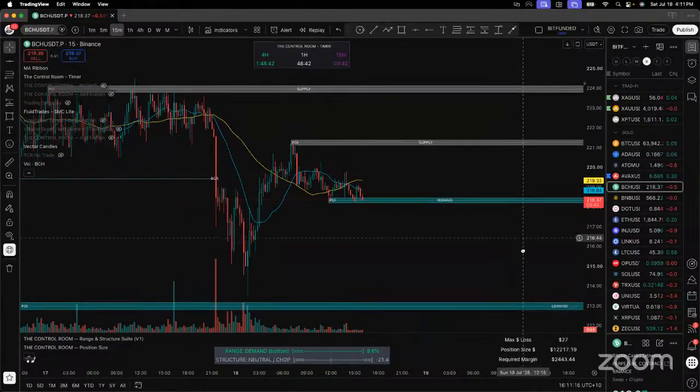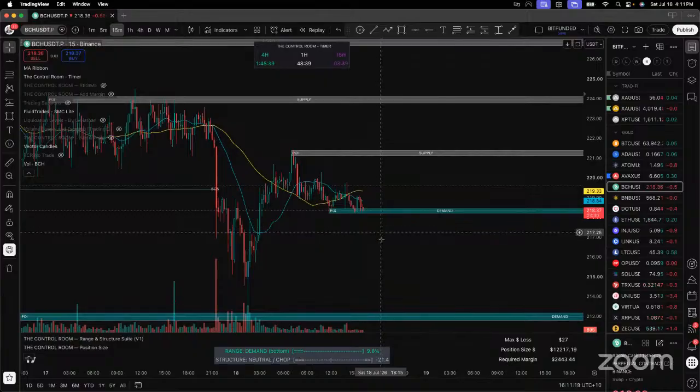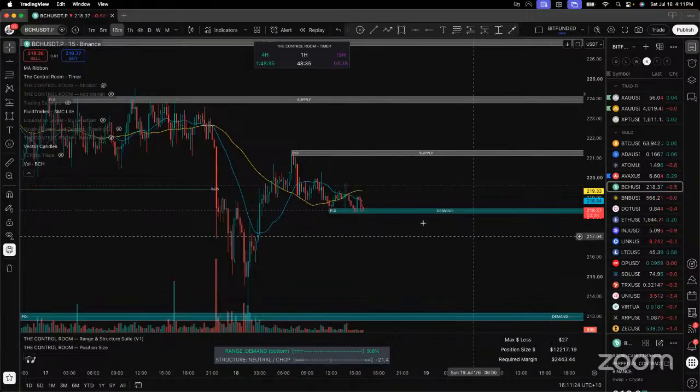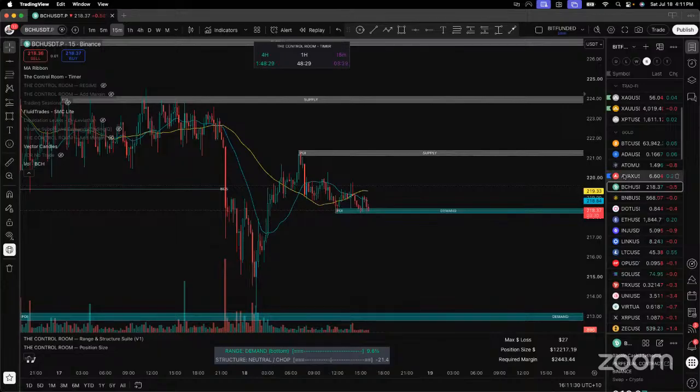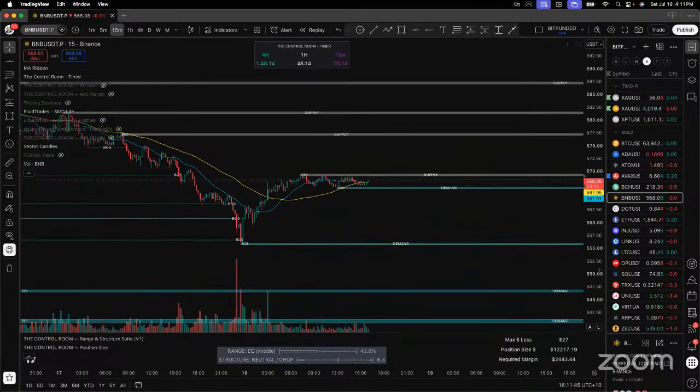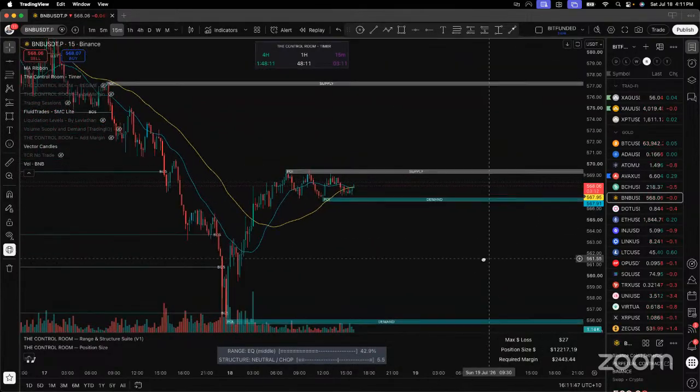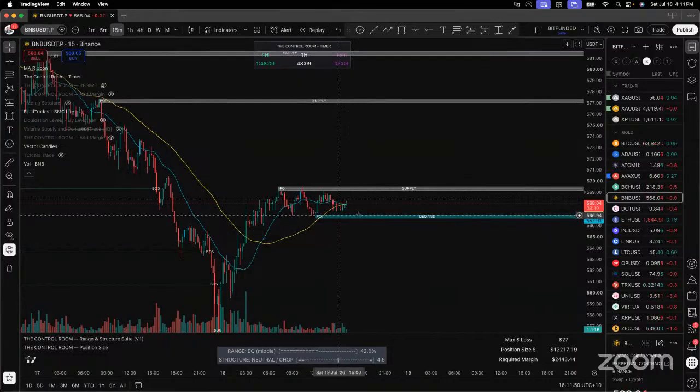It's hanging around demand, but it's looking relatively weak. It's neutral, so if it drops down and gets some liquidity, that would be cool. Some coins are stronger than others today. Maybe we're going back to the old pop-offs, the old popcorn theory. You got BNB wanting to push up. I reckon that's going to erupt. I think it's not sweeping the lows here though. Nothing's really giving me any confidence.